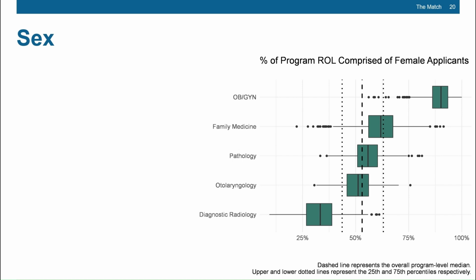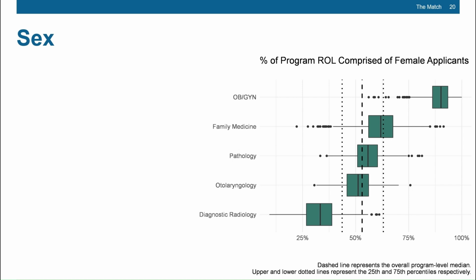In order to compare the specialties to all residency programs, even outside of the 5 specialties we're reporting today, we've also plotted the 25th, 50th, and 75th percentiles for the entire sample of nearly 14,000 program match years. These values are indicated by the 3 dotted vertical lines. Looking at just these 5 specialties, we see the distribution of roles comprised of females varies widely.